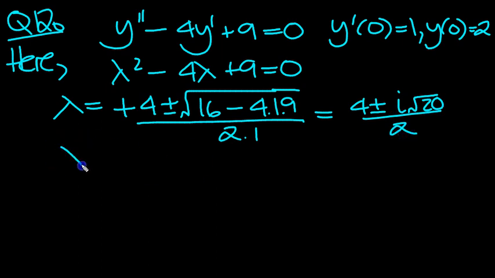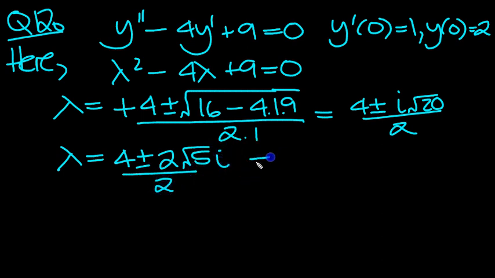And we can simplify that still further, can't we? Because there's a 4 as a factor in here. So we can write this as root 4 times root 5. So we've got 4 plus or minus root 4, which we can write as 2, and the root 5 we can leave as is, and then we've got a 2 underneath, and this is lots of i. So divide by 2 and split the fraction up. 4 over 2 is 2, plus or minus, and then 2 over 2 is 1, so we're just left with root 5 i. So complex roots, case 3, gives